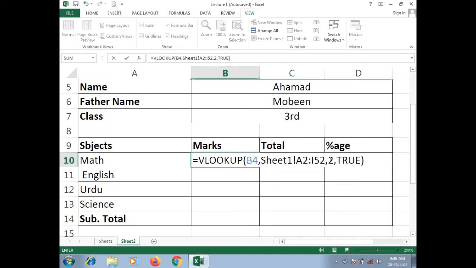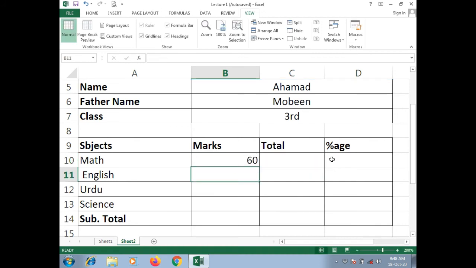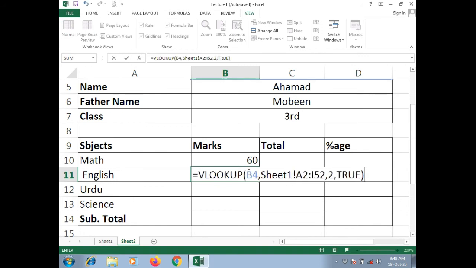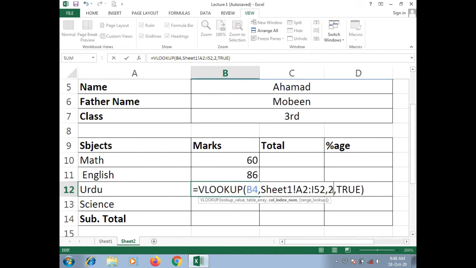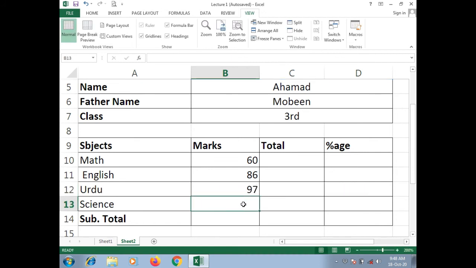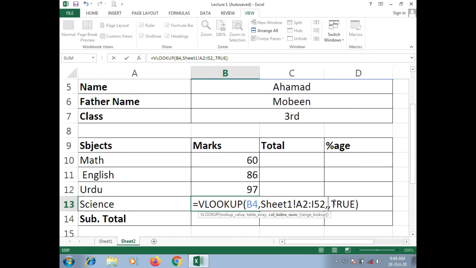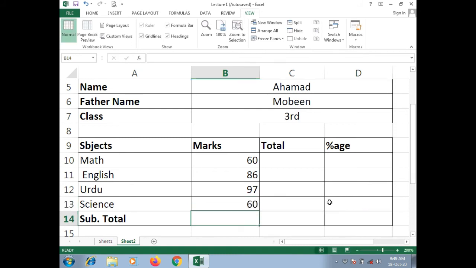This was column 5, I think. Math was 5. And English was 6. Copy, and then it was 7, and science was 8. Look into this.